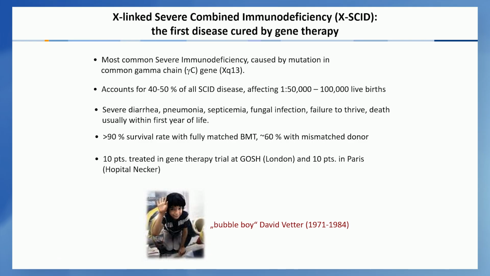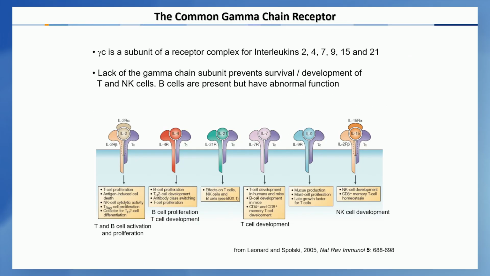If you find the classical transplantation conditions of a matching donor, you would have more than 90% survival rate. With a mismatched donor, not fitting as well, the survival rates are lower, as is the case for allogeneic bone marrow transplantations. Rates are increasing, also because of better protocols in the meanwhile. In the first gene therapy treatments, 10 patients were treated in London and 10 were treated in Paris at the Necker Hospital. It was a big success